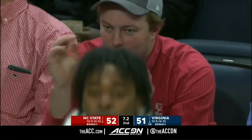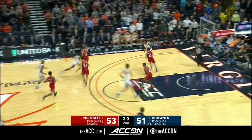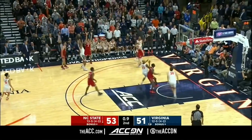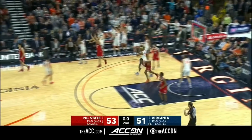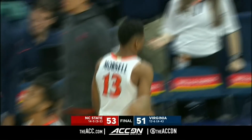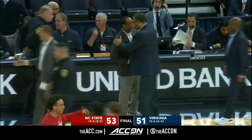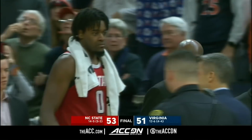That time they get a friendly bounce. Now they need just 2 to tie, 3 for a win. Morsell's had a great night. Morsell fires off the front rim as time expires. Tony Bennett suggesting there was some contact there, but boy, for NC State to win this, they tried. It's almost like they tried to give it away at the end, but